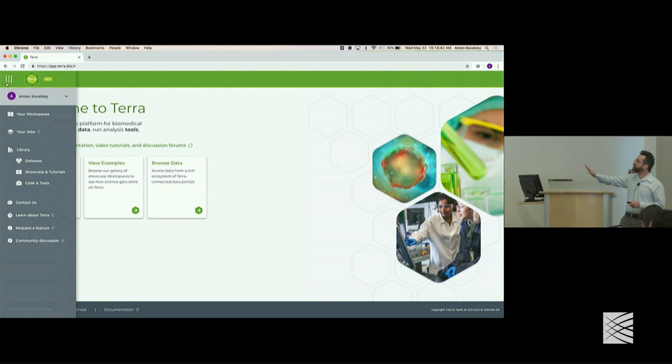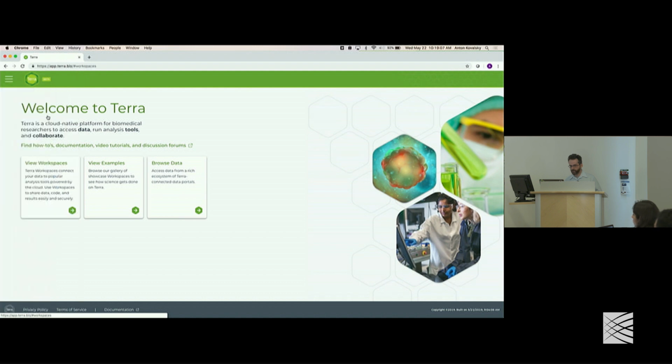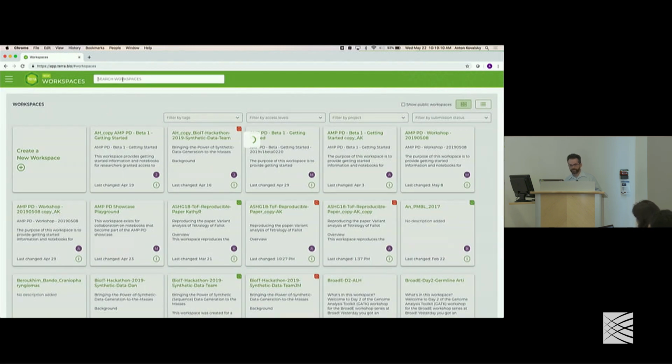So here's the landing page for Terra. Hopefully everyone has already registered and can sign in. Up in the top left is the button we call the hamburger menu. If you press that, then you will see all the different places that you can go to within the Terra user interface. I won't go into them too much in this session. So for now, let's just go to your workspaces and type in, oh yes,